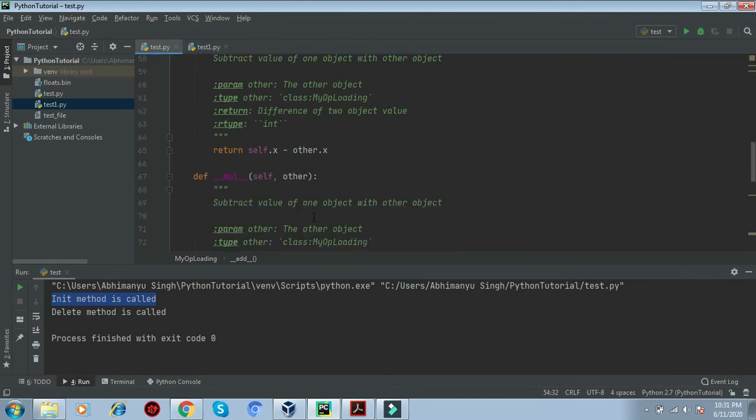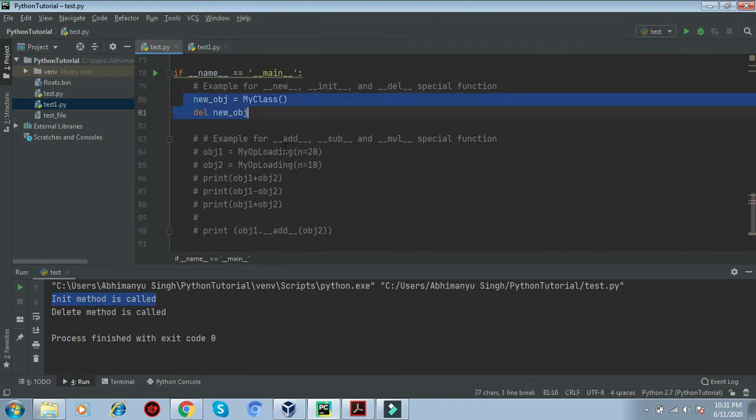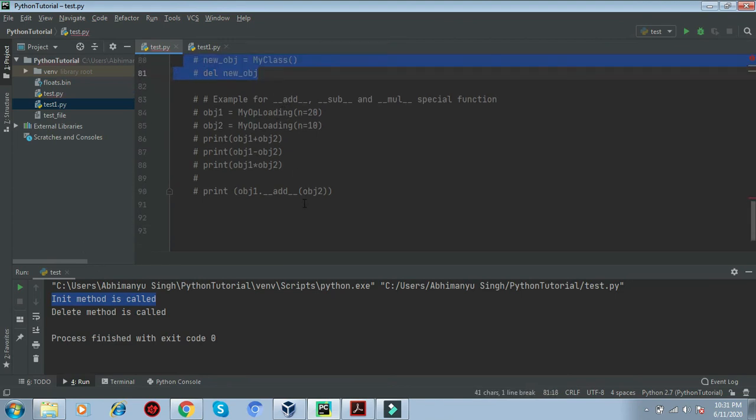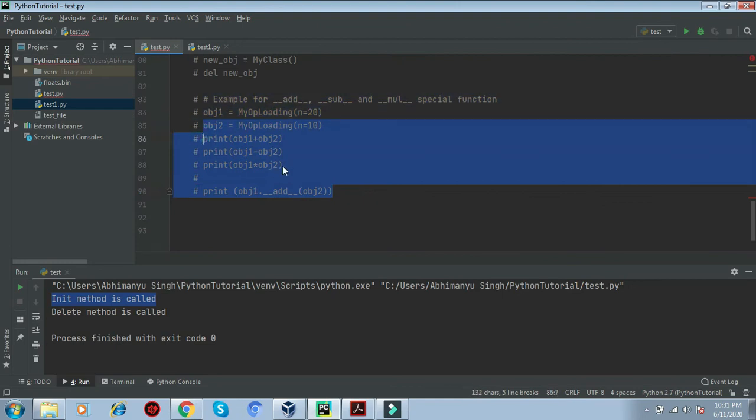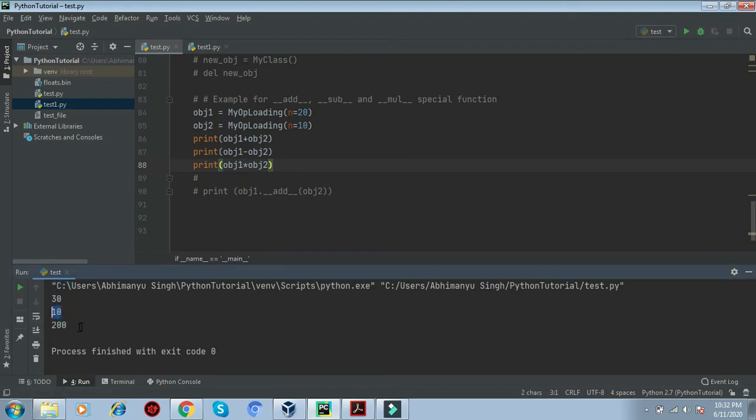Similarly for subtraction and multiplication. Now here I created two objects, and after that I executed addition, subtraction and multiplication between these two objects. Here you can see the output: 30, 10 and 200.